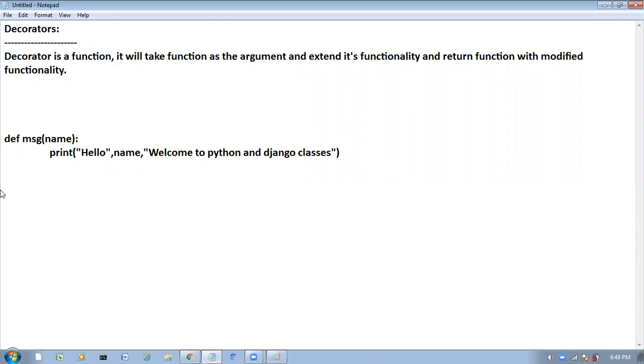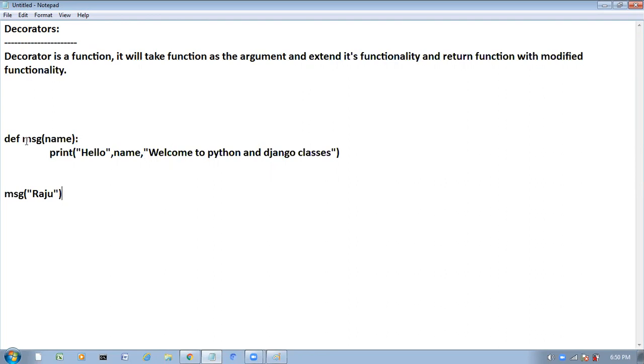So now here, am I passing the argument or not? At the time of defining a function, I am passing one argument. Now at the time of calling this function, we compulsorily have to provide the value to this argument. Now I am going to call that function: message of Raju. Like this I provide that.